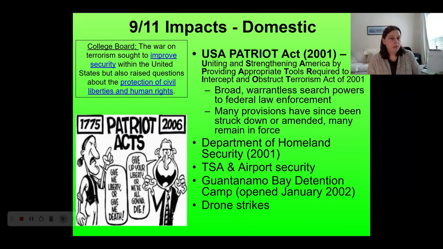Most famous is the passage of the USA Patriot Act, which is a big long acronym. You don't need to know what it stands for, but these are basically a series of laws and provisions that are intended to make it easier for law enforcement, especially federal law enforcement, to hunt out and find secret terrorist activity inside of the United States. So, for example, it allows the federal government to wiretap your phone without really having to go through the same warrant procedures that they would have to do if they say that they have reason to suspect that you are a terrorist.